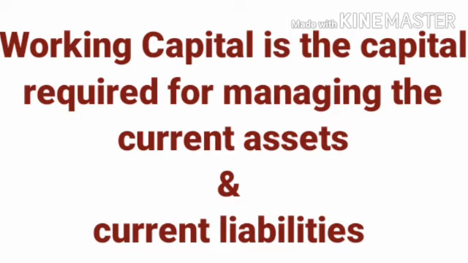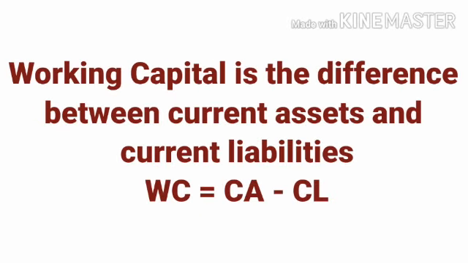So one more meaning for working capital. With the help of a formula, working capital is equal to the difference between the current assets and current liabilities. That is current assets minus current liabilities. So that is the purest meaning of working capital, because we are deducting the current liabilities from the current assets. When you are deducting the current liabilities, that shows the credibility of the business, or that shows the liquidity of the firm, that shows the quality of the current assets for discharging the liabilities. So when you are deducting the current liabilities from the current assets, the balance figure we can call